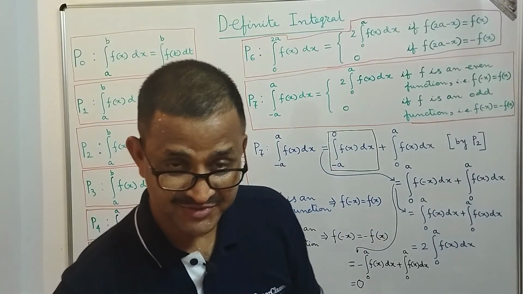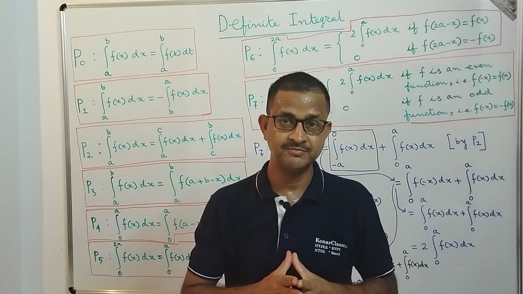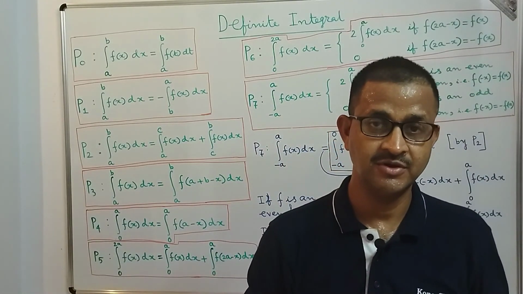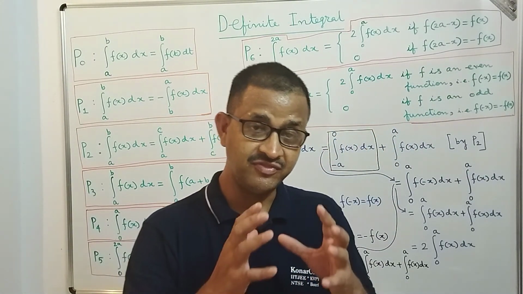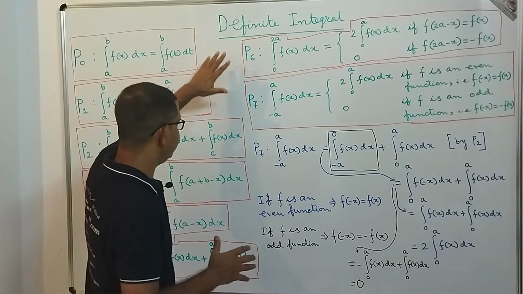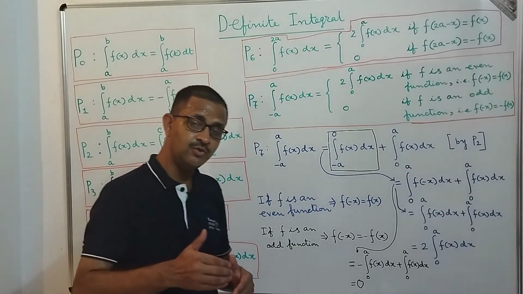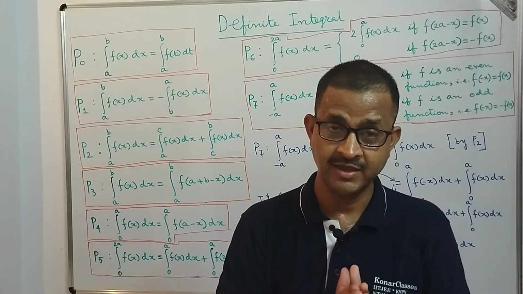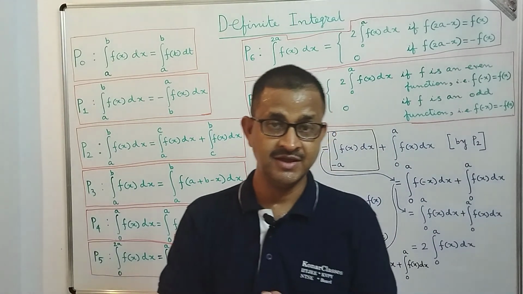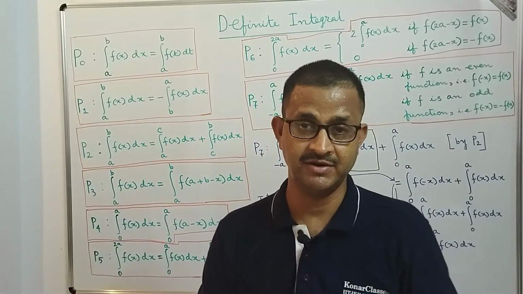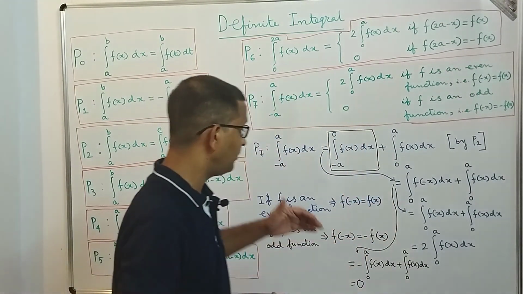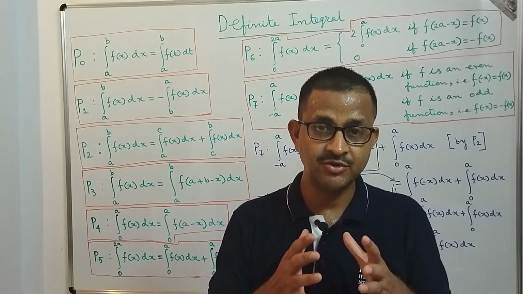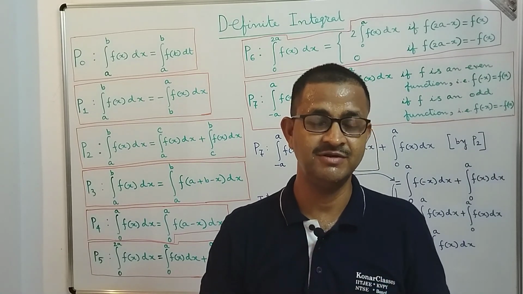So with this note, dear students, let me conclude the class here. In the next session, we will solve 6 questions of definite integration, and there we will see that we are going to use these 8 properties. So before you look into the next session, please go through all these 8 properties. As I said in the beginning of this session, you need to remember all these 8 properties. And here we have proved all these things. You should look into this proof also, because that will give you an idea exactly how this has been done.